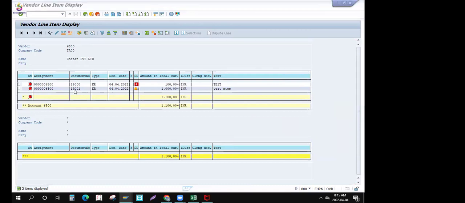Going forward, I can make the payment to the vendors by looking at the open items. 1100 is the total payable to this Chetan vendor. I can pay through the automatic payment run or manual payment run. How it is affecting and how we can create it is something we are going to see as part of our trainings. Same vice versa, we'll go for accounts receivable,